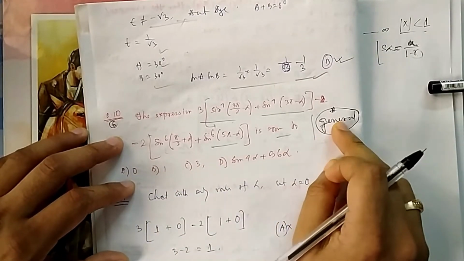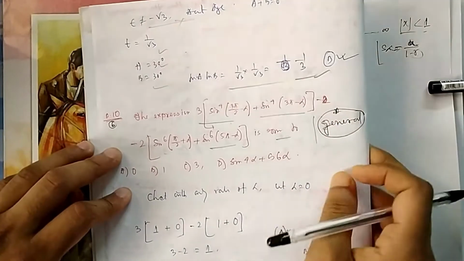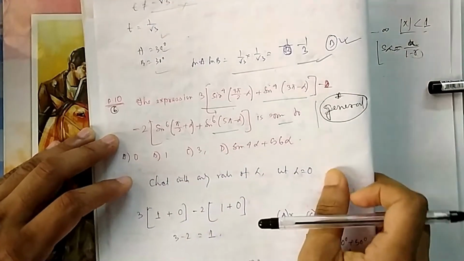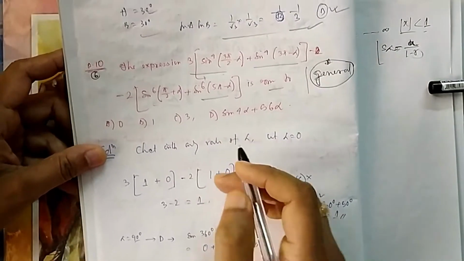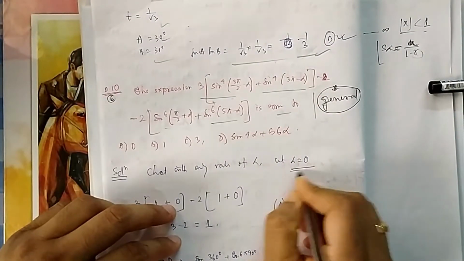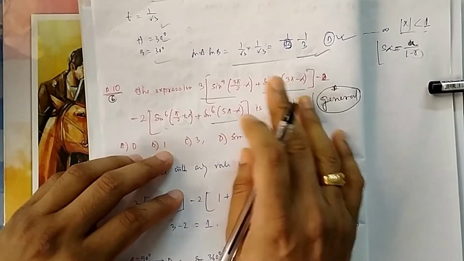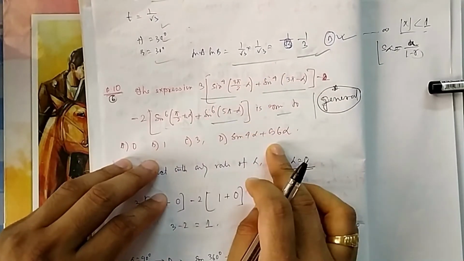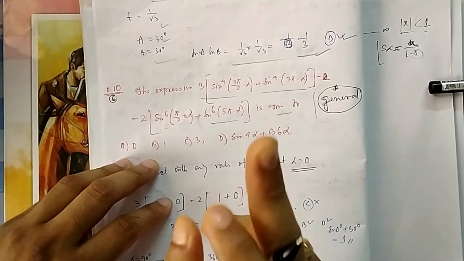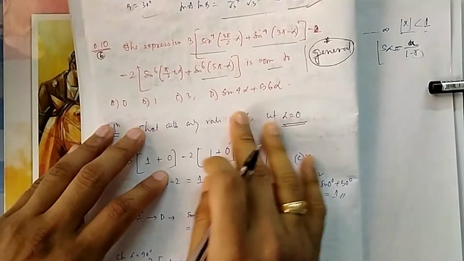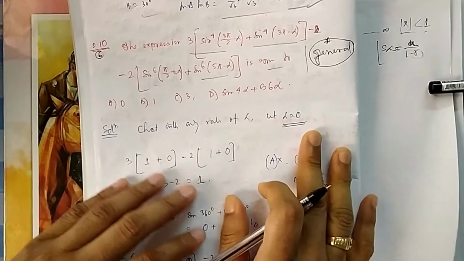So if it is true for any value, then let me take any value and see for which it is true. Arbitrary, if I take any value, we can solve it also. I will show you how to solve it. But we can take arbitrary any value. Let us consider alpha 0, because it is true for any value. So we check with alpha 0 which option is satisfying. If you find that only one option is satisfying, then that is the answer, and it has to be a single correct answer. If it is a multiple correct answer, then obviously you have to solve it.